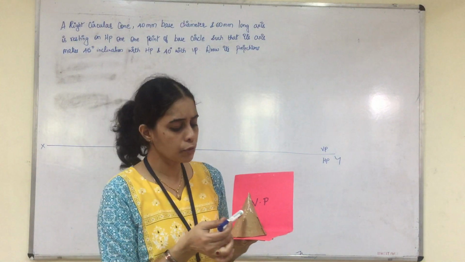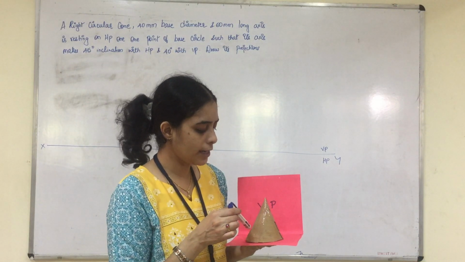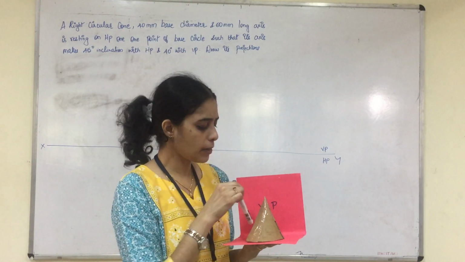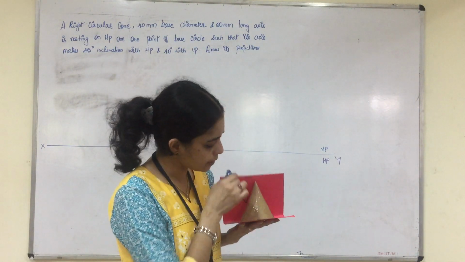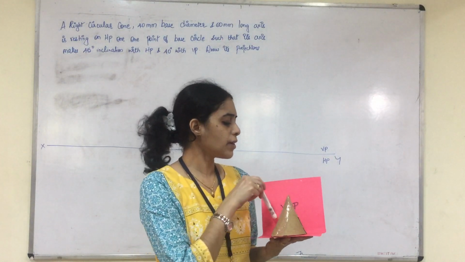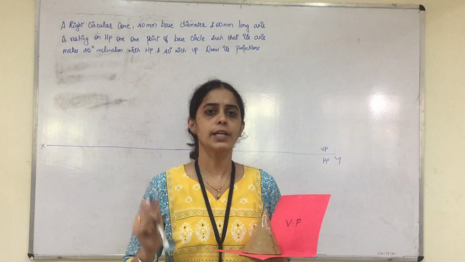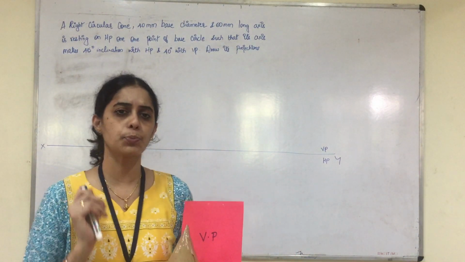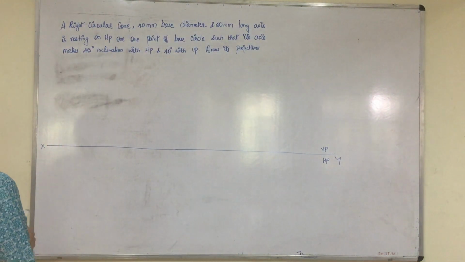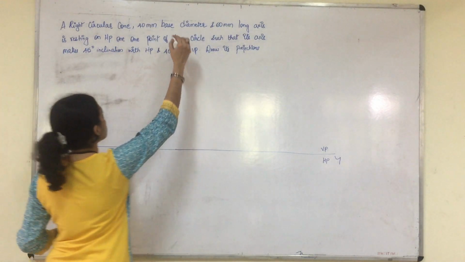Similarly, when you view from the front, you take the projection of the end generators here and here, and it will look like a triangle. So a triangular surface will be our front view and a circular surface will be our top view. This is the first position, when the given circular cone is resting on one of its points on HP. First, you see what the diameter of the circle is.